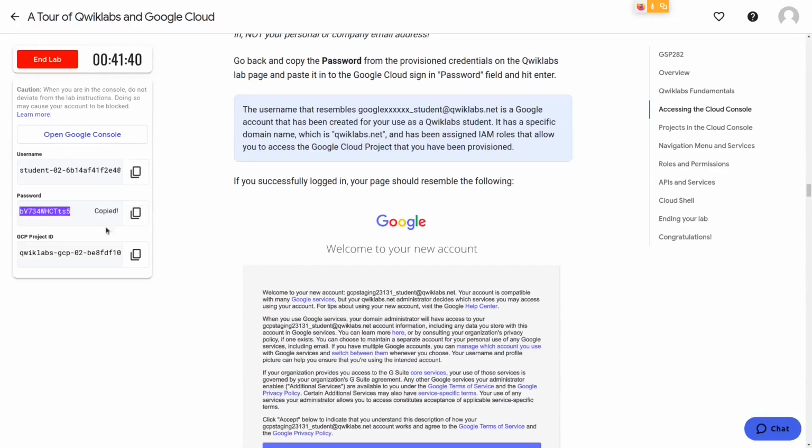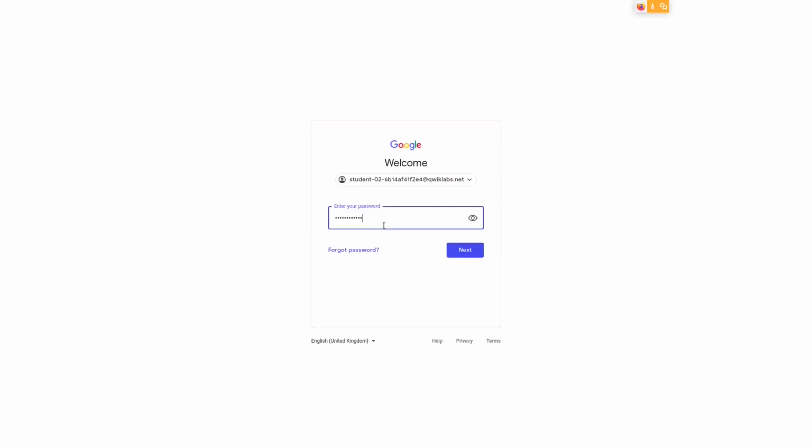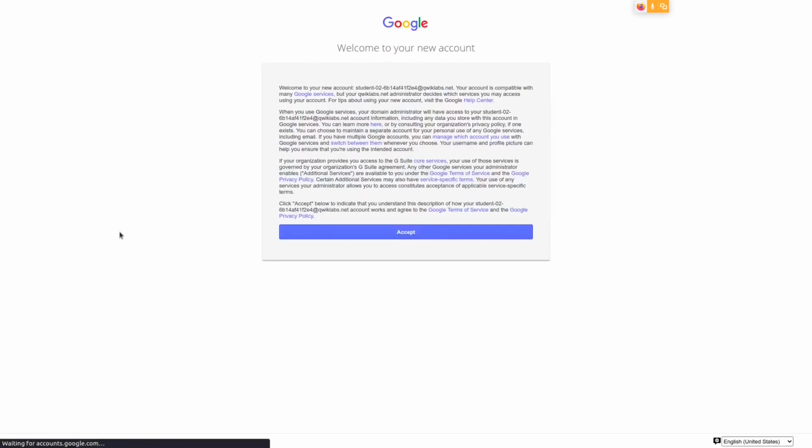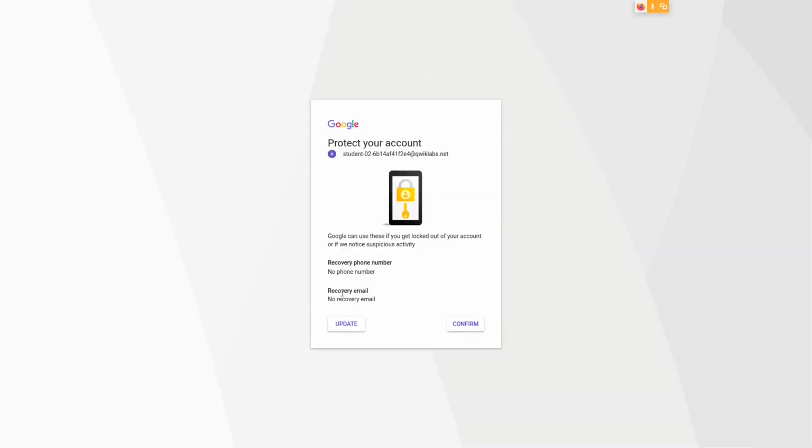Again, please enter the password provided here and accept it. It says new account, but it's a temporary account. For a temporary account, we need no recovery methods because we'll not be using this account ever again after we complete this lab. So confirm it.